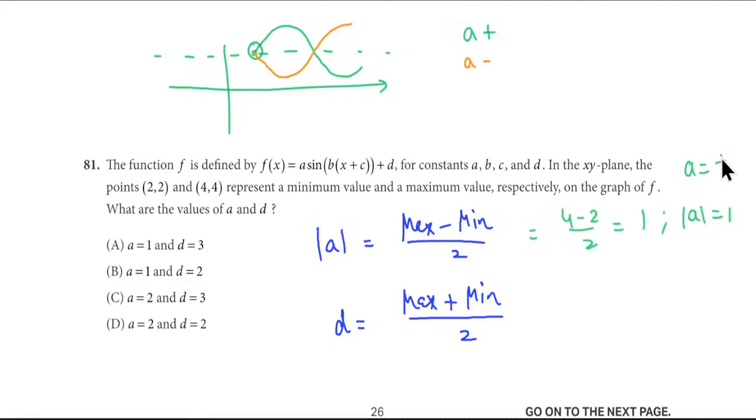So a has two possibilities, plus or minus 1. But like I said, a is just 1, so I'm going to mark this over here. And for D, I'm going to say maximum plus minimum over 2. That's going to be 4 plus 2 over 2, which is 6 over 2. So that's just 3. There's no confusion here. So for 81, I think my answer should be